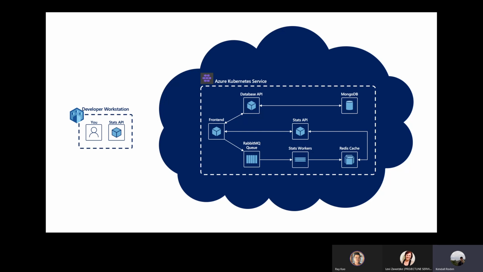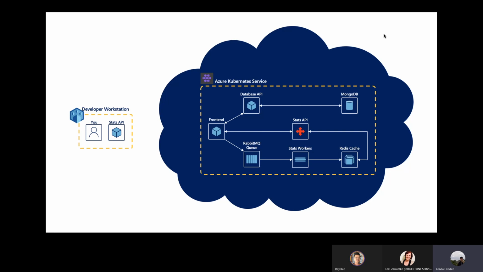So using Visual Studio Code, using the Bridge to Kubernetes extension, or the Kubernetes extension which it's integrated with, I'm basically going to define some kind of connection to the cluster that I would like to point to, and then I'm going to persist that connection. So once I've done that, I can say, okay, my developer workstation and my Kubernetes cluster have now been connected, and I want to redirect traffic from the stats API that's running in the cluster to my